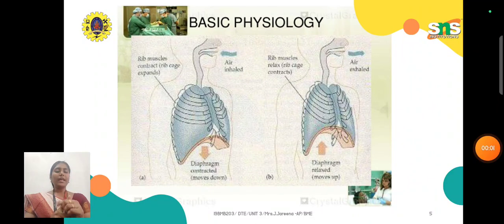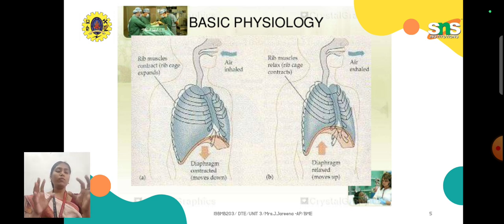All right, let's continue from the last class. In the last class we just had a very basic introduction about the breathing stages: one is ventilation and one is respiration. Now we are going to see, during ventilation, that is when you are doing inhalation or exhalation,